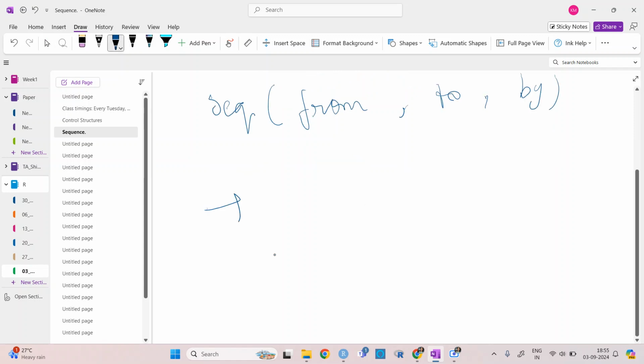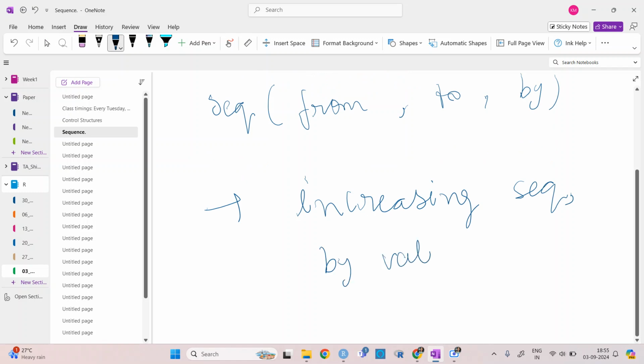If we want an increasing sequence, the by value needs to be positive.